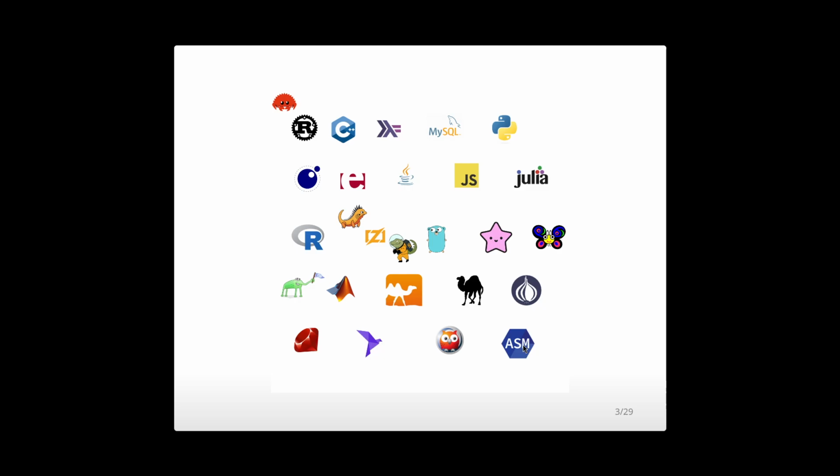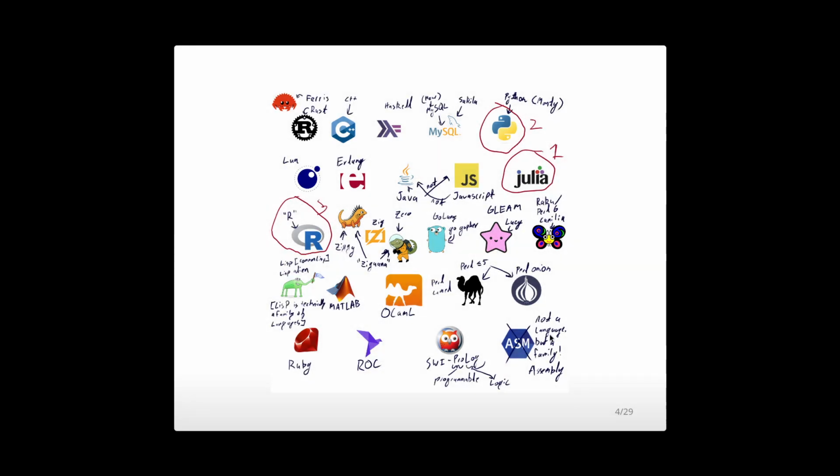Most people know ASM as the assembly languages, but assembly is not a language, but a family of languages, and this ASM has nothing to do with any specific one. One thing to note is that Lisp is also kind of the same, so this Lisp alien I believe is specifically for Common Lisp, but it might be a mascot for the whole Lisp family of languages, so that includes Scheme, Racket, Common Lisp, and all of the other descendants.